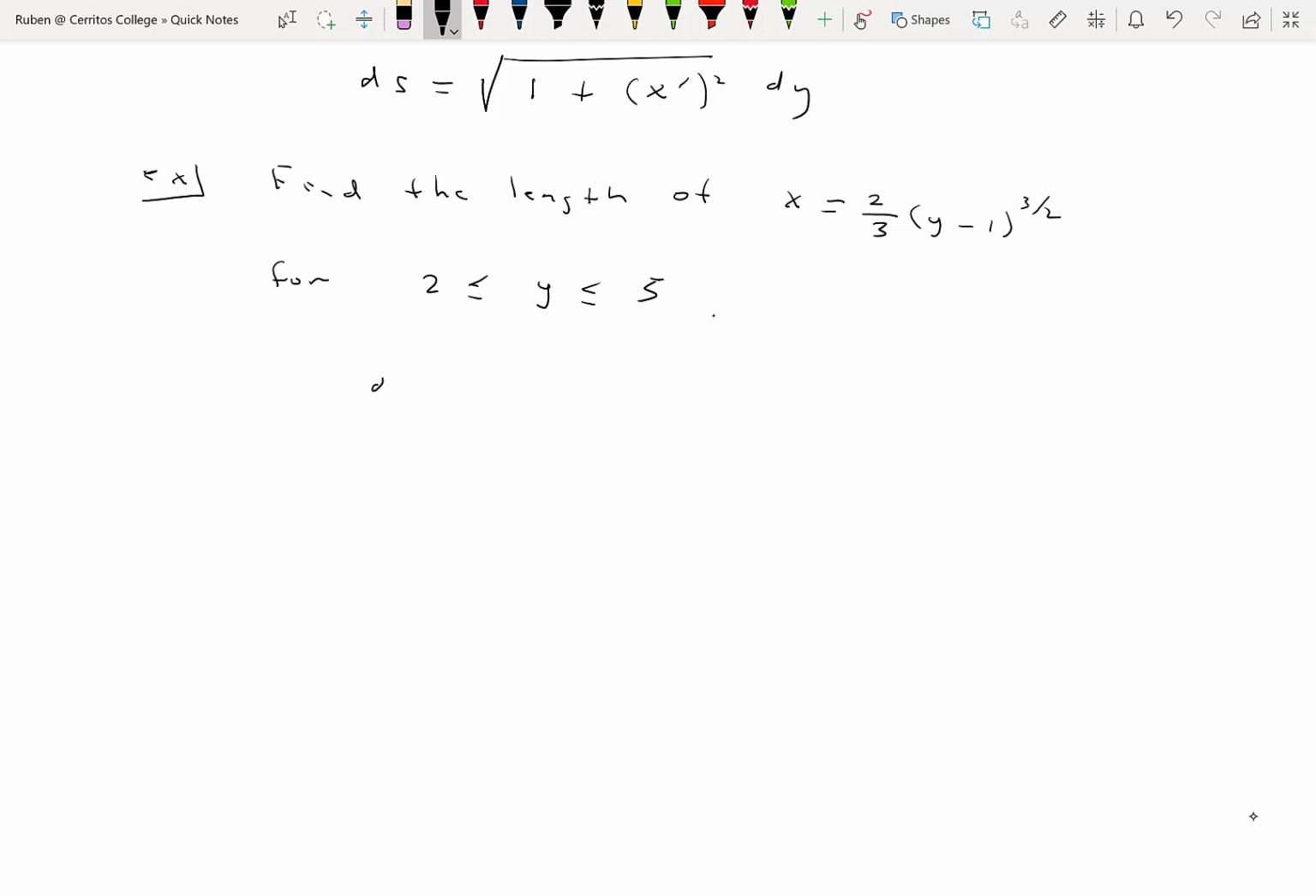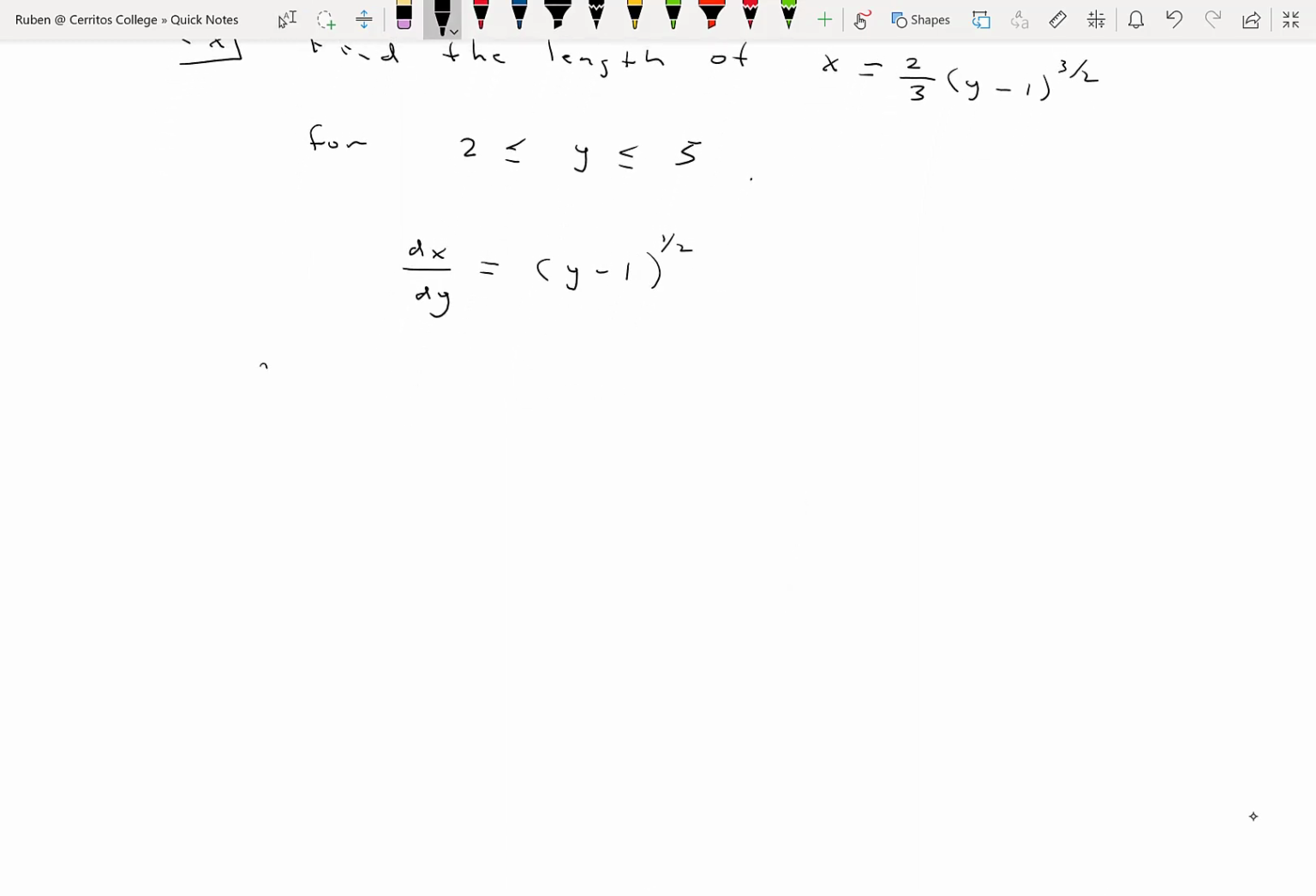Our arc length, if we're going to use the second formula, is going to require dx dy. So taking the derivative, using a chain rule here, bring the 3/2 exponent down, multiply by 2/3, cancels out. So we get (y minus 1) decrease the power by 1 to the 1/2 times the derivative of the inside with respect to y, which is 1. And our total arc length then becomes the integral, as y ranges between 2 and 5, of the square root of 1 plus x prime squared